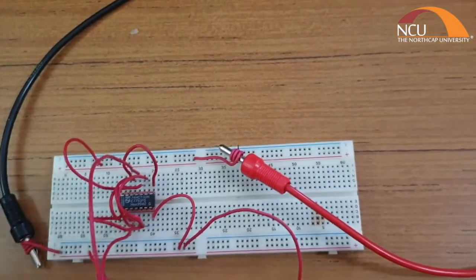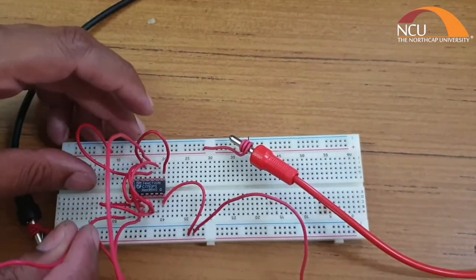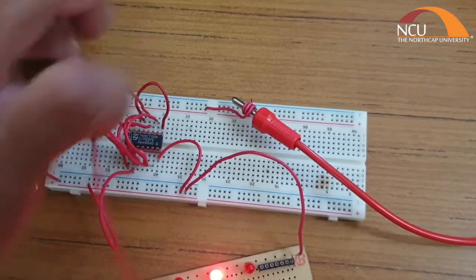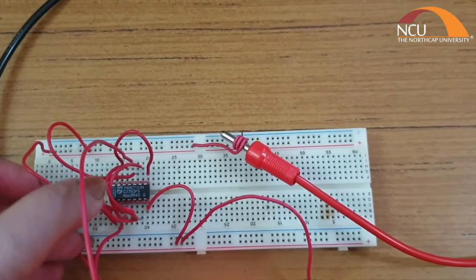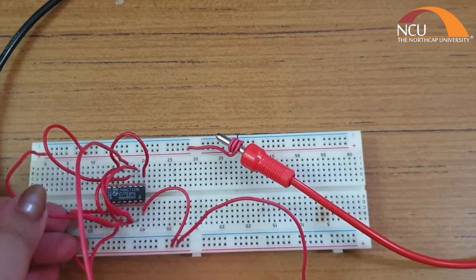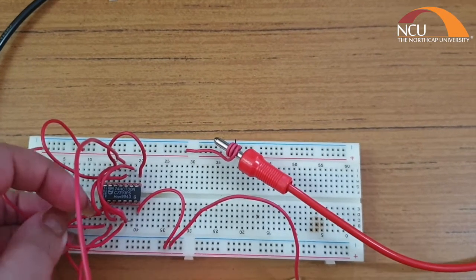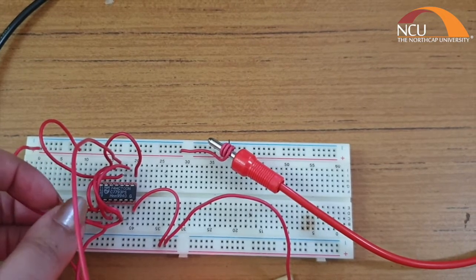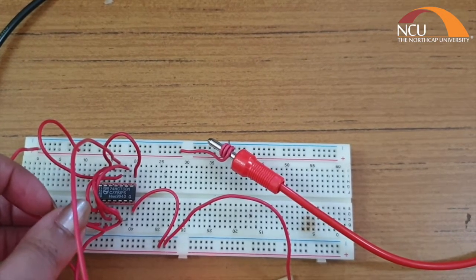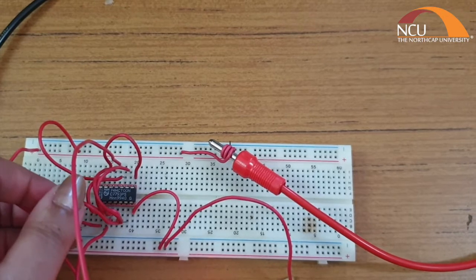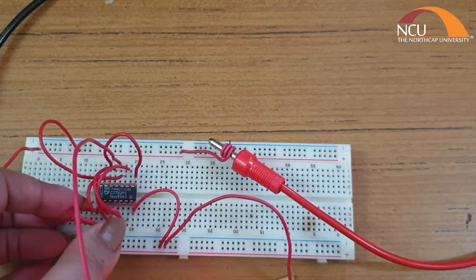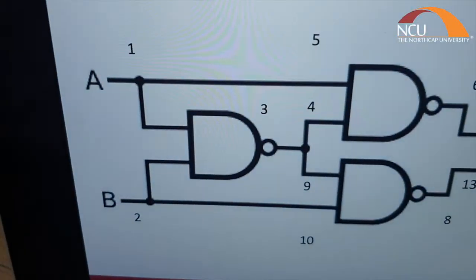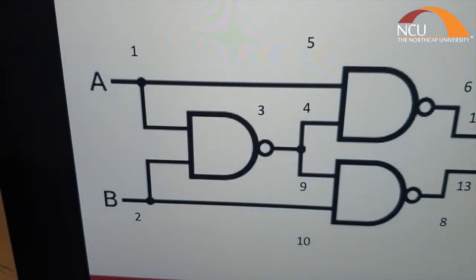So now again you can see we have connected 4 and 5 as the input. Like you can see here, these are pin number 1 and pin number 5. This is pin number 1 and pin number 5. These are connected. This pin number 1 and pin number 5 is connected. As you can see in the diagram as well, that 1 and 5 is connected and 2 and 10 is